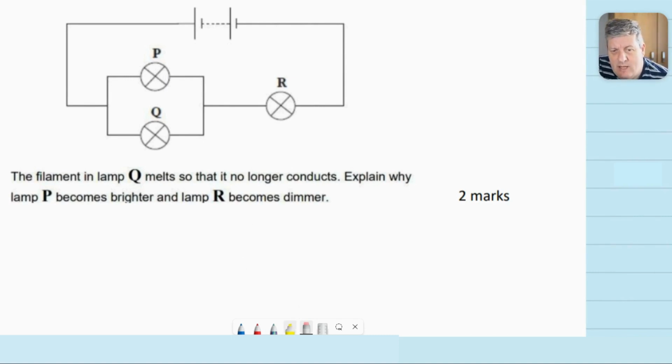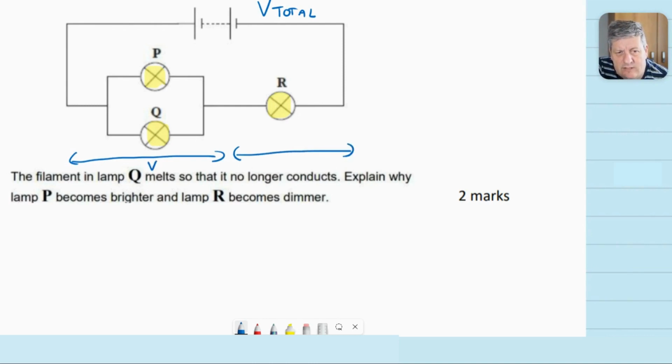First thing is just to think about what happens to the resistance of the circuit. So before lamp Q melts, all three lamps are lit, and we've got a total supply PD here. That supply PD will be split across each side of the circuit, so we can think of it as a potential divider. And then when lamp Q melts, that's going to increase the resistance of this side of the circuit